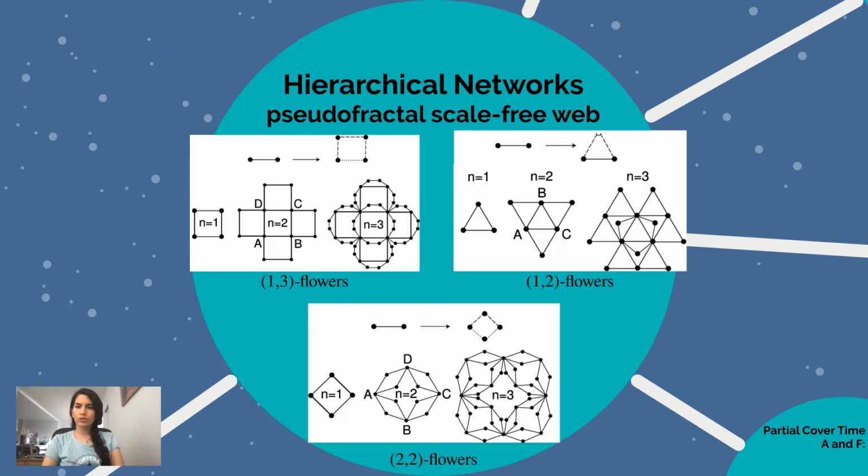Here, despite most recent efforts which study random walks and covering problems on complex networks mainly focusing on a single target case or estimating the full cover time of the entire network, we're trying to study multi-target search on complex systems. We specifically focus on the problem of hunting a target set containing 2 members on a class of UV flowers or pseudo-fractal scale-free web networks, as an example of hierarchical networks.